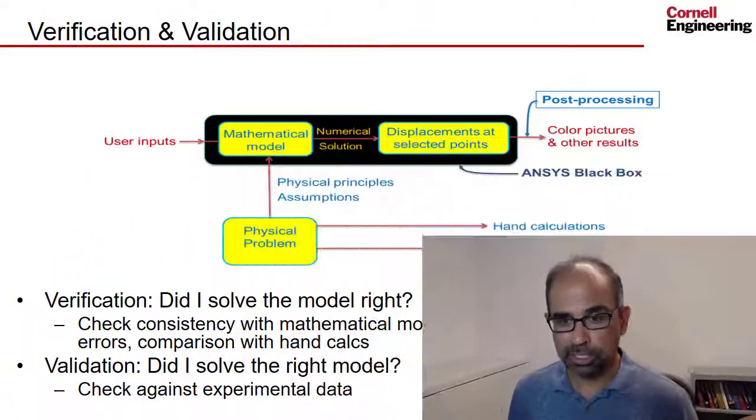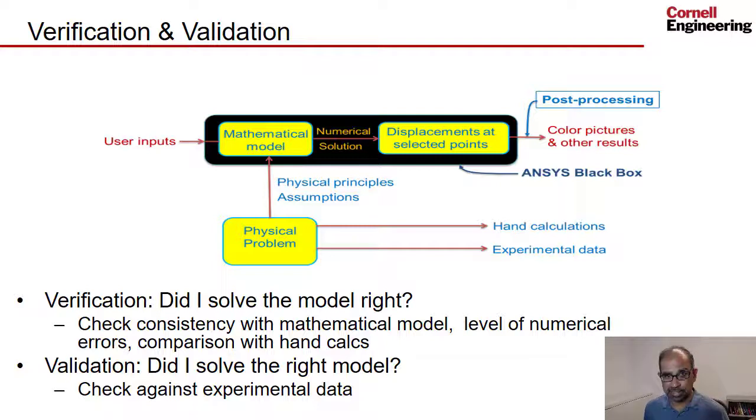Let's talk about verification validation, which you can think of as a formal process for checking results. And in my series of videos discussing what's under the black box, I indicated that these terms, verification and validation, have different meanings. If I go back to the slide from that discussion,